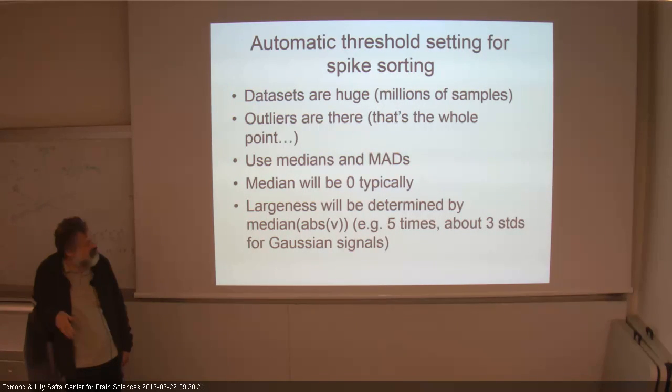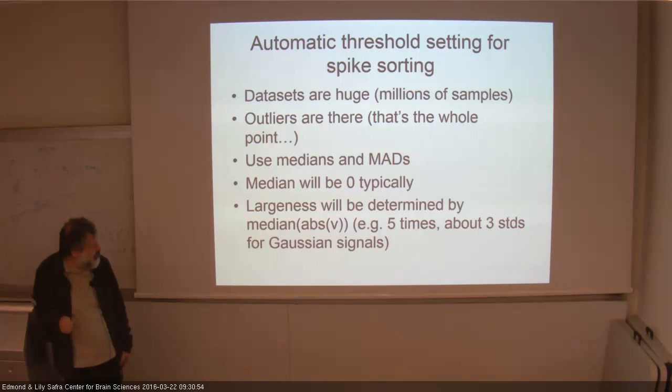So we have gigabytes of data, and you don't want to do this by eye. You want to do the spike candidate detection completely automatically, and then it makes sense to use medians and MADs rather than means and